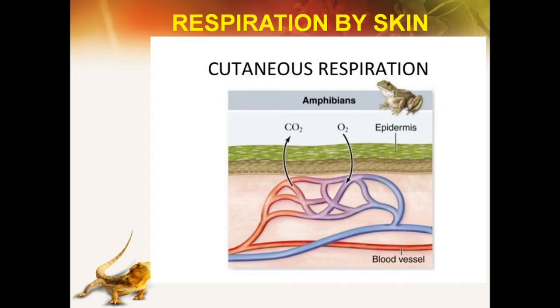the blood, where it combines with hemoglobin and forms a compound called carboxyhemoglobin. This hemoglobin carries carbon dioxide and gives it out through the skin by the process of expiration. The skin in some lower vertebrates acts as a respiratory organ, and the respiration is known as skin respiration or cutaneous respiration.